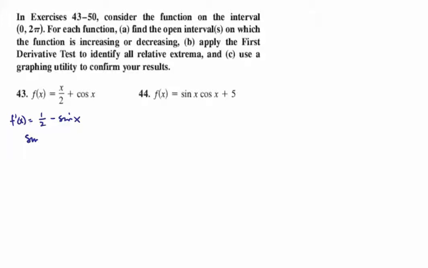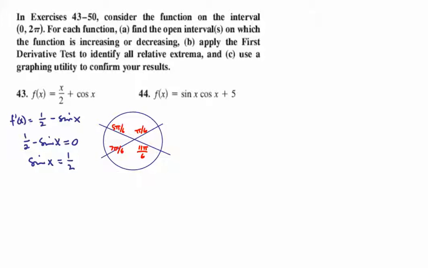So we want to find out where 1/2 minus sine x is equal to 0. That will happen when sine x is equal to 1/2. Again, we're working on an open interval from 0 to 2 pi. Sine is going to be 1/2. We'll use a unit circle here. The sines are 1/2 on the pi over 6's. So when x is pi over 6 or 5 pi over 6,